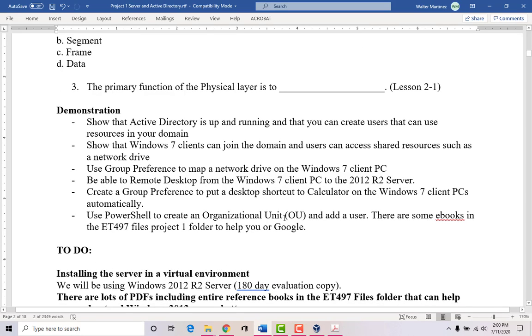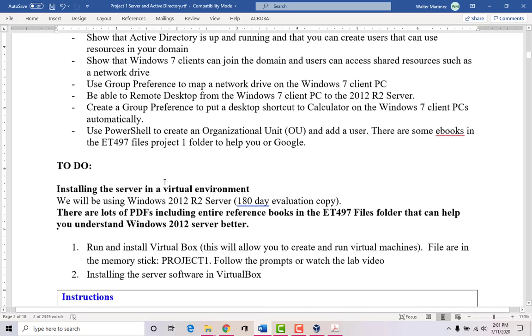Now, you will have to demonstrate also that you have your server up and running, and that you can create users that can use resources in your domain, right? So like when we set it up to have a share, like a folder share, we should be able to do all that. And we should be able to do a few other things that you see in here.